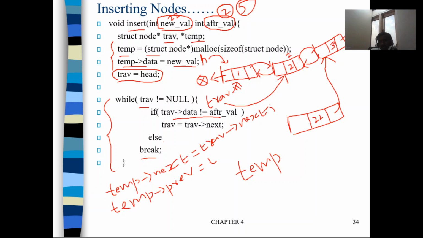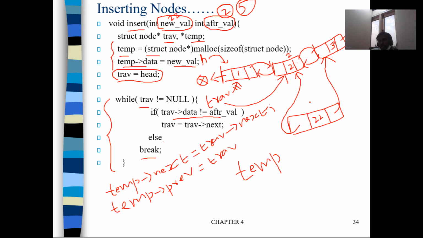This will provide this connection: temp's previous is now pointing to traverse. What else should we do? We should make traverse next point to temp.